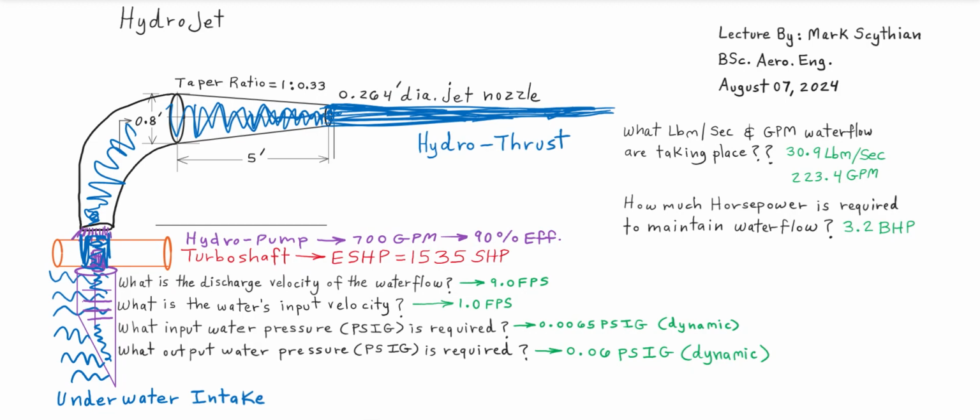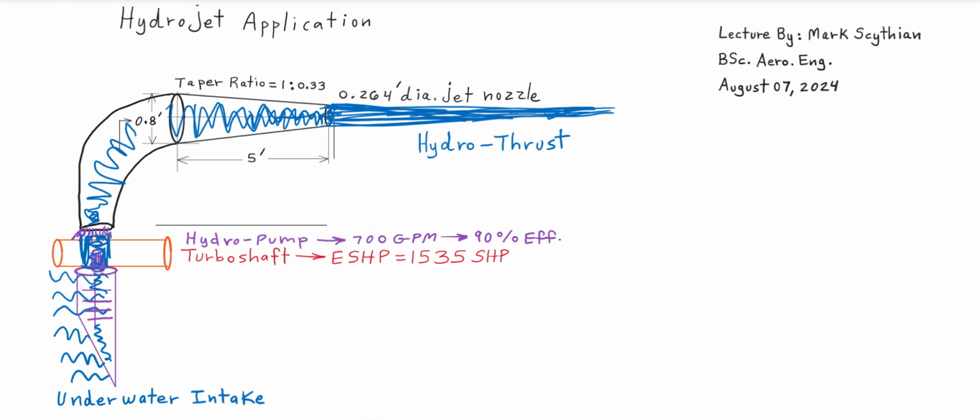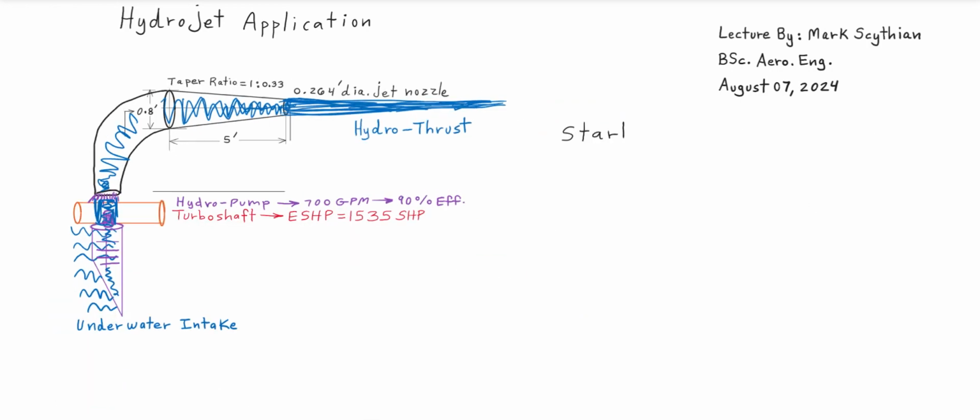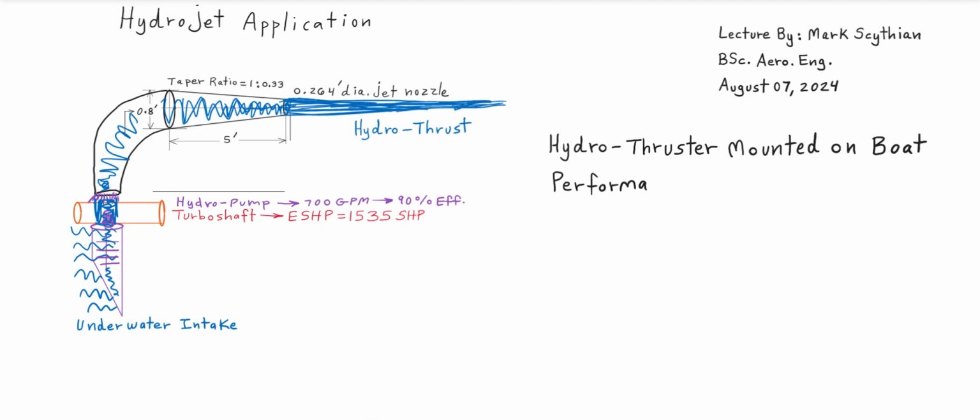So we can rename this as Hydrojet Application. So this will be the hydro thruster mounted on a boat, and the correlating